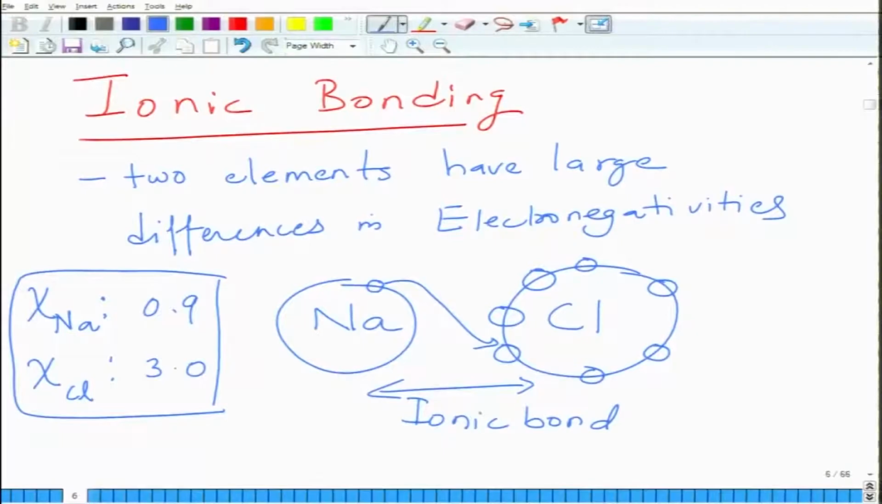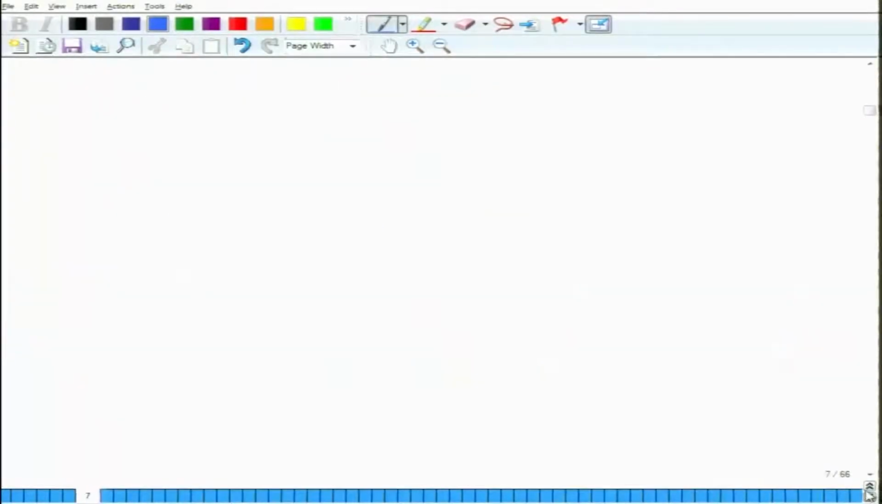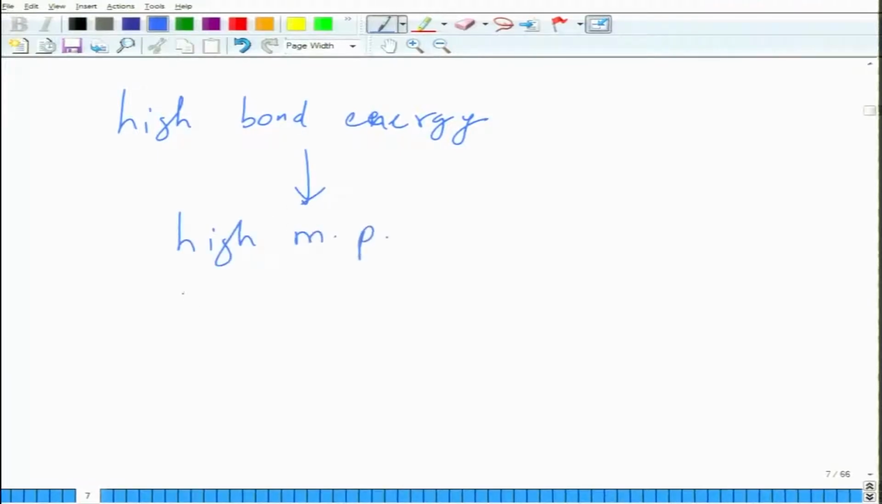Other examples of these materials: you have magnesium oxide, which is an ionically bonded solid, you have calcium fluoride, you have cesium chloride, you have calcium oxide, a variety of these materials. They are all ionically bonded materials, and that is why they tend to have high strength, high melting point. So, basically I would say here high bond energy implies